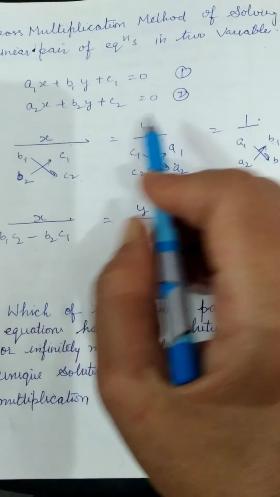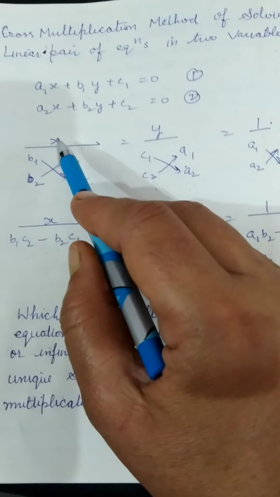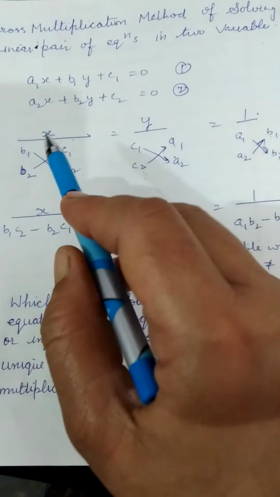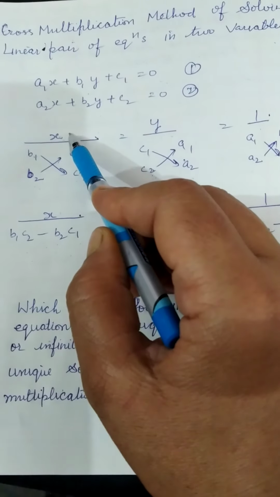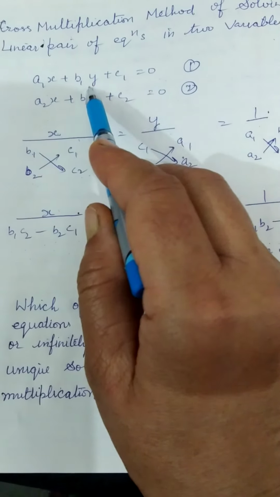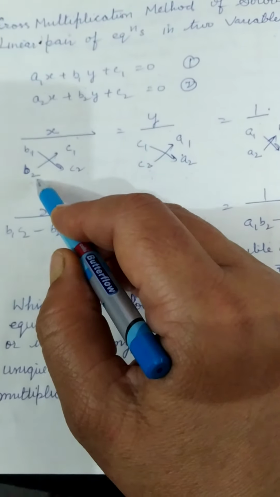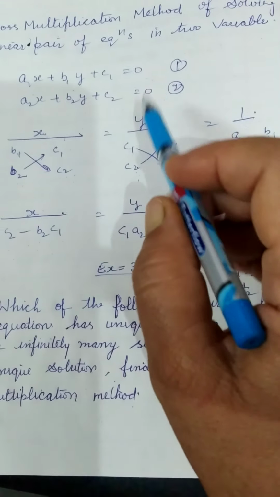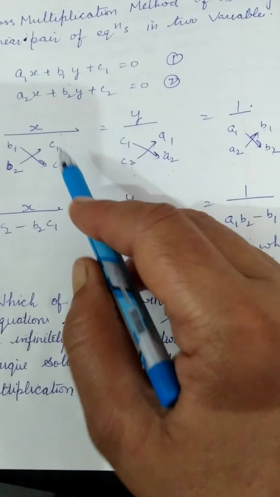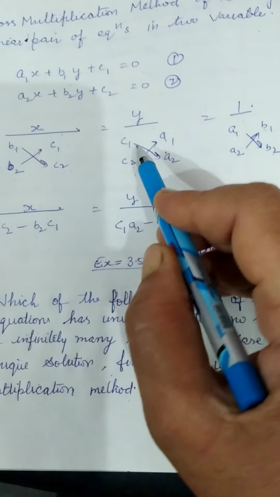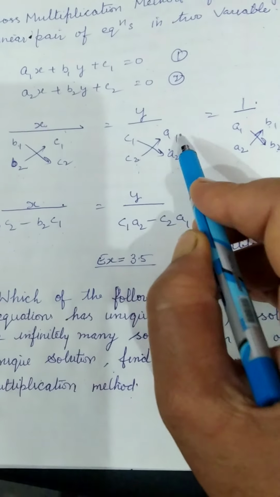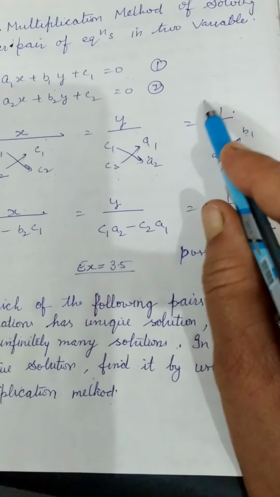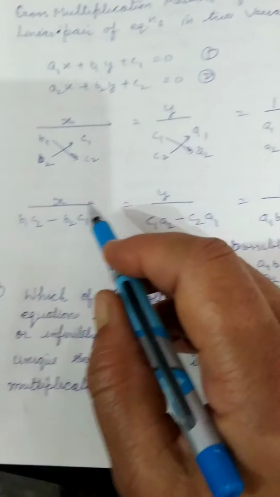Now for solving these two equations by the cross multiplication method, we will first write x upon, equal to y upon, equal to 1 upon. Because here it is written x, leaving the terms of x we will start from the b terms: b1 b2 c1 c2. Then leave the terms of y and start from the last terms that were in x: c1 c2, c1 c2 a1 a2. Then 1 upon a1 a2 b1 b2. We have left the constant terms here.